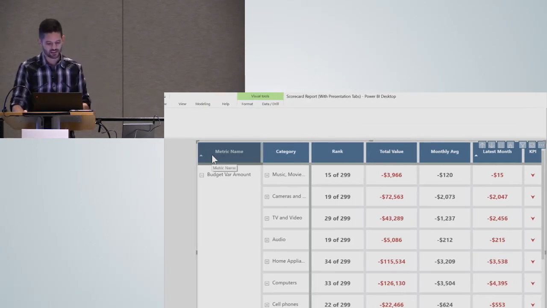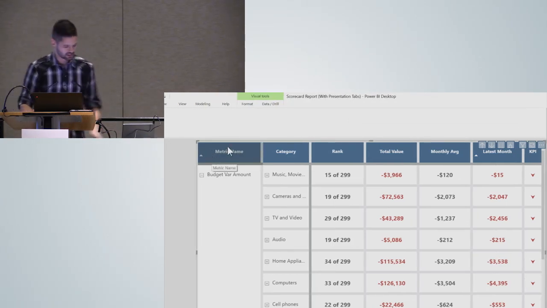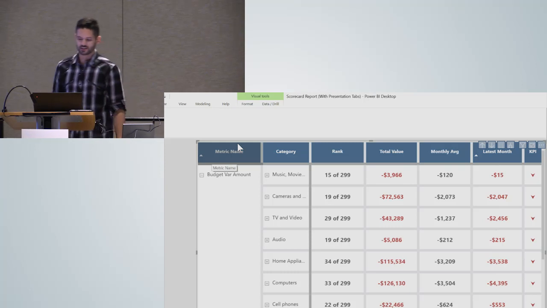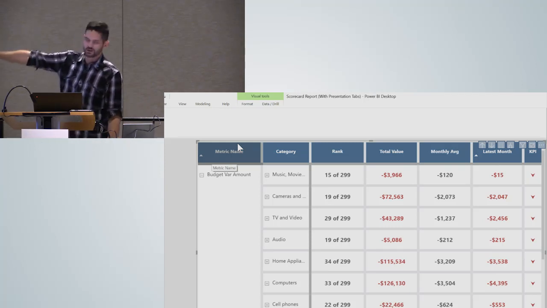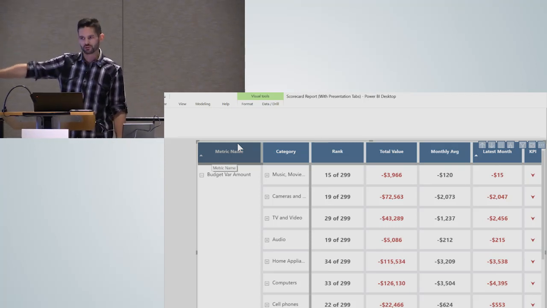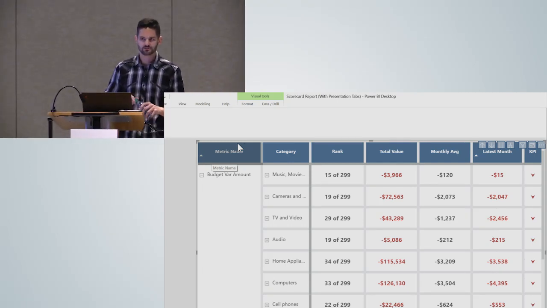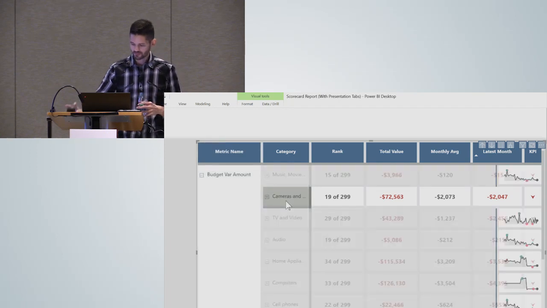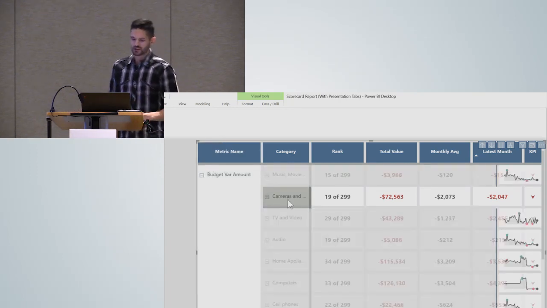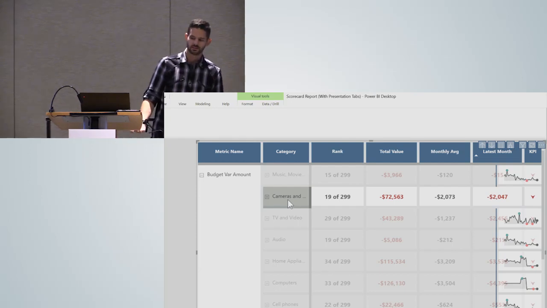Now, once I did that, though, there was still an issue. So can anybody think of a way that those still might appear even when I'm drilled down into a lower level? There's something I can click that can cause an issue right now. There we go. So unfortunately, there's no way to disable this in the matrix table.